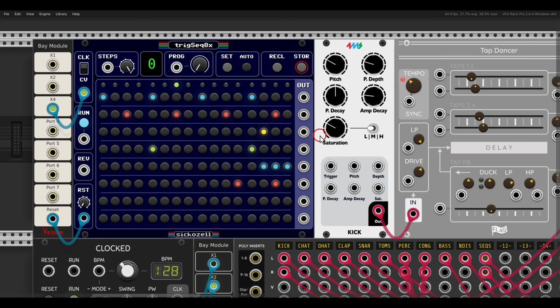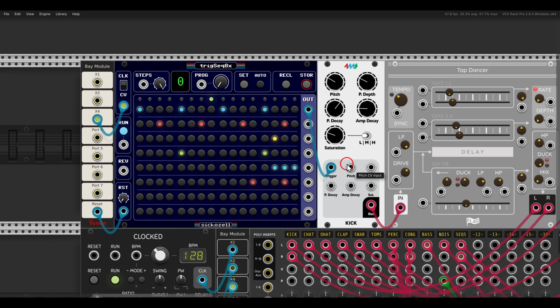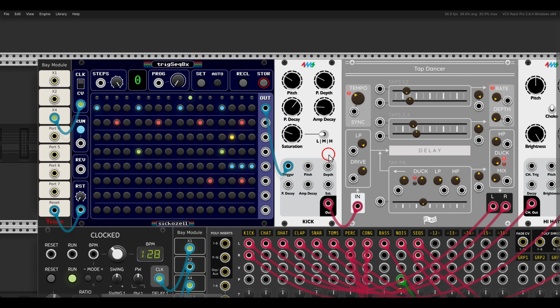Here I'm using the trigger sequencer from Sequencel to trigger it. Right, of course, with all the different controls, even with a nice saturation here with different levels. Right, and of course, CV inputs for everything. I like sending my kick drums through Tap Tensor from Flag, so I'm going to add this